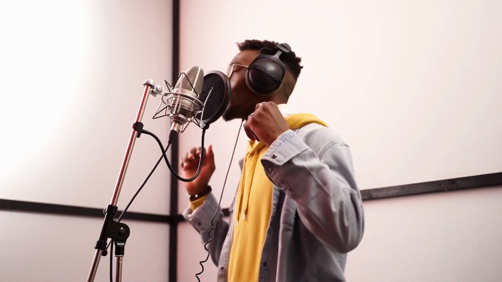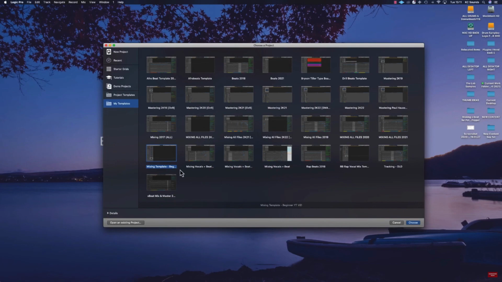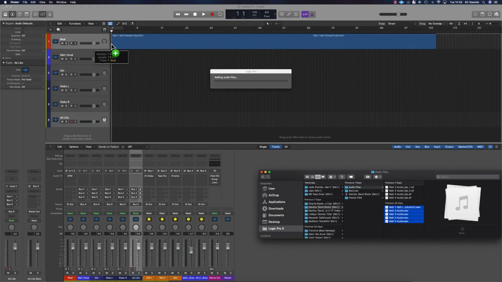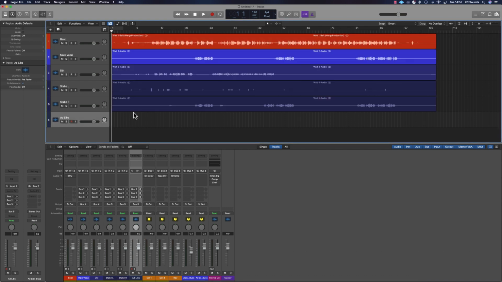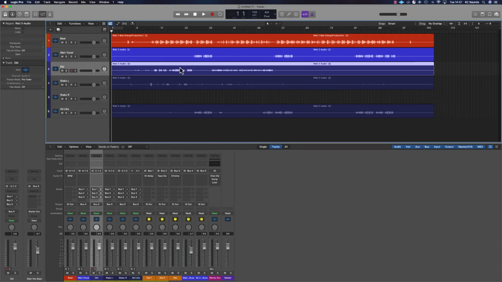So how I start a mix every time I get sent files is by opening up a mix template, then I grab my files and drag and drop them into my session. If I need to move them around, then I'll move them around. This is a mix template that I've created in the previous video. If you haven't seen that video, don't go there yet. Check that out afterwards. So I've got my beat and I've got some vocals, and that looks like it's the